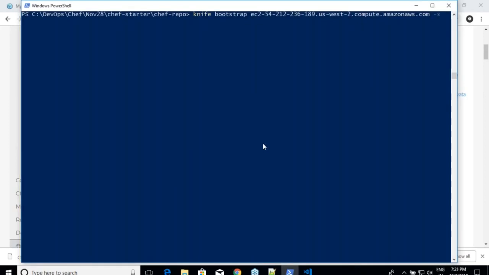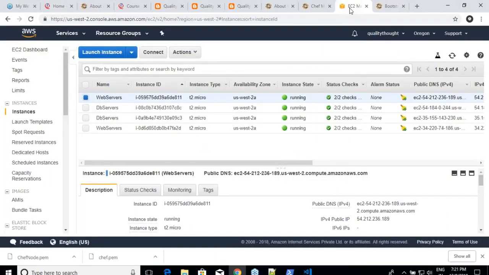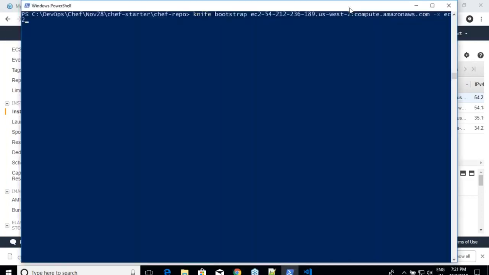-x. And what is this machine, by the way, which I have selected? Web server. Web server is Red Hat machine. So my username is EC2-user, and then hyphen hyphen identity, and identity is whatever file which we have, and then I have to give sudo privileges, right? Any other thing? Pardon me? Hyphen node, is it? And name of the node which you want to call it. Okay, so name of the node,